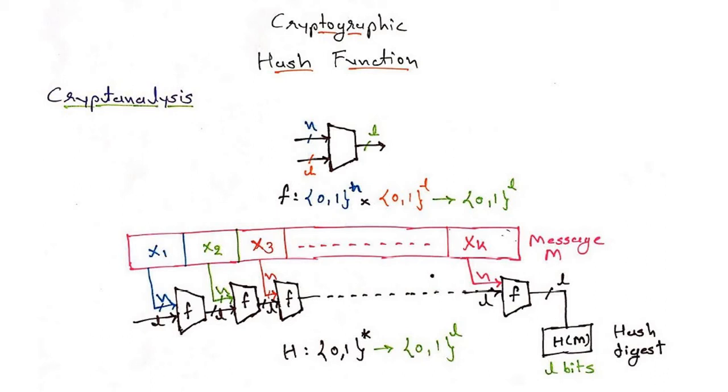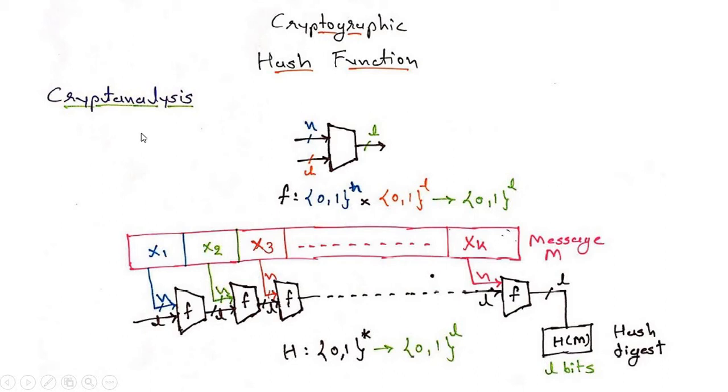What did we do in cryptanalysis? If there is a very long message, we divide the entire message into a smaller number of units or pieces, and then we apply the cryptographic hash function on each smaller piece. We add one fixed size input as well as one smaller unit, and whatever outcome we get from the cryptographic hash function, we again combine it with the input of the second unit or second piece, and in the same way, at last we get the hash digest.